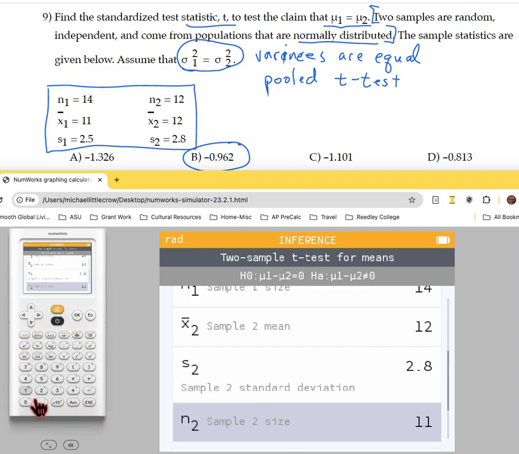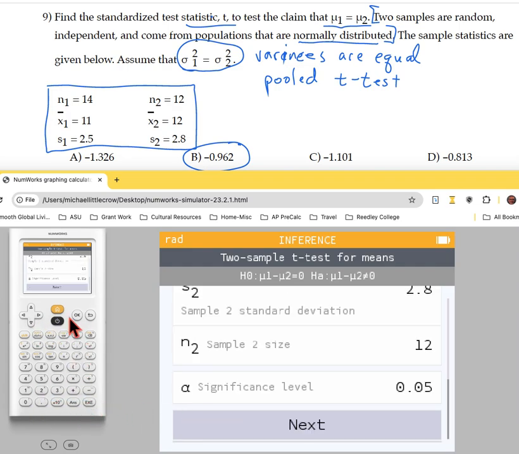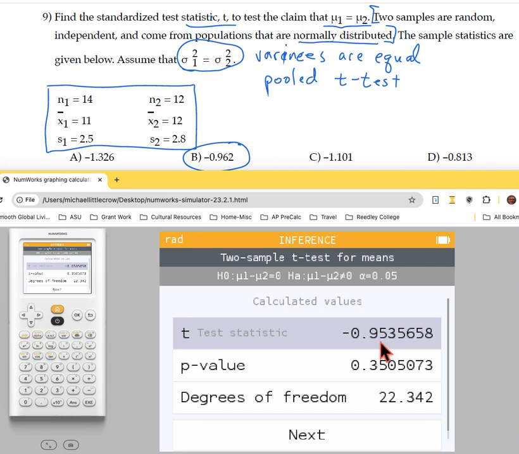So if you wanted to get out at this place, but I think this is kind of important. And we saw the significance level doesn't matter. We got 0.954. It's not on here. Now, in this case, you probably would have said, okay, I'll just go to the closest one and choose the best answer, because in multiple choice, that's what you need to do. However, in a test question, this might be an answer that's showing up, and you might think, oh, I got it right. But we want to make sure that you're doing the right test. So if you don't do the right test, you actually don't get the